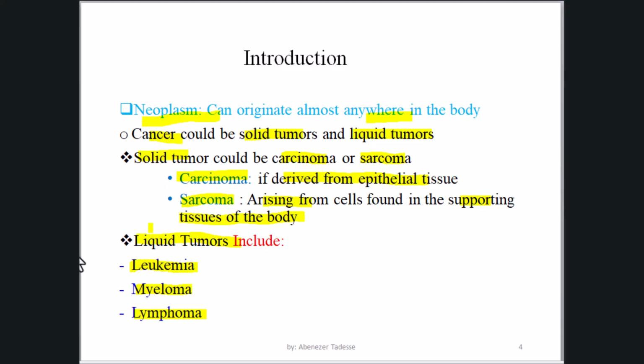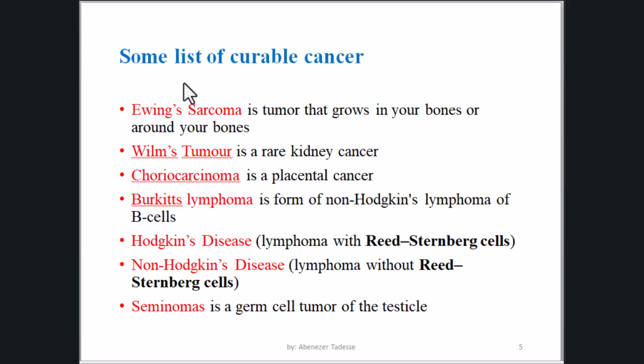Let's see the next slide. As you see here, this is a list of curable cancers. Cancer is very challenging for chemotherapeutic agents to cure, to be targeted by various chemotherapy. There is a very big challenge due to various reasons. But if there is early diagnosis, or if the cancer is detected early, it can be cured. So this is especially the Ewing sarcoma, which mostly includes tumors that grow in the bone as well